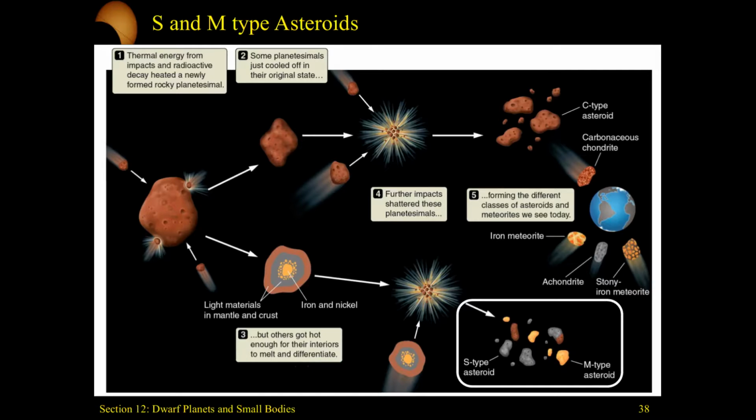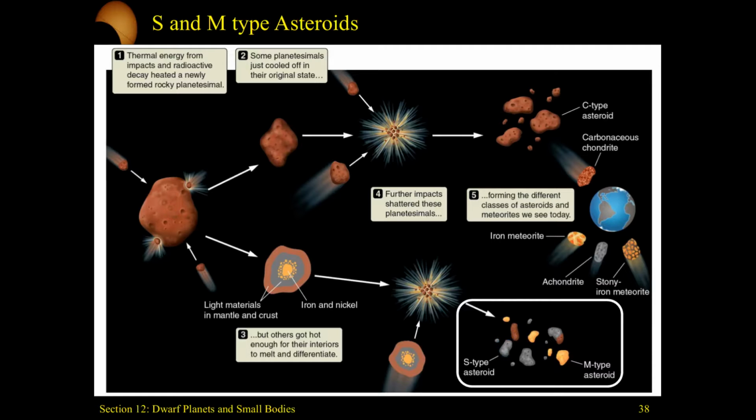So the heavy metals started to seep down into the core of this planetesimal and left the silicates on the outer layers. Well, these planetesimals either got gobbled up by the planets or smashed into each other, obliterating them and leaving this differentiated material split up. That leaves us the remainder of the S